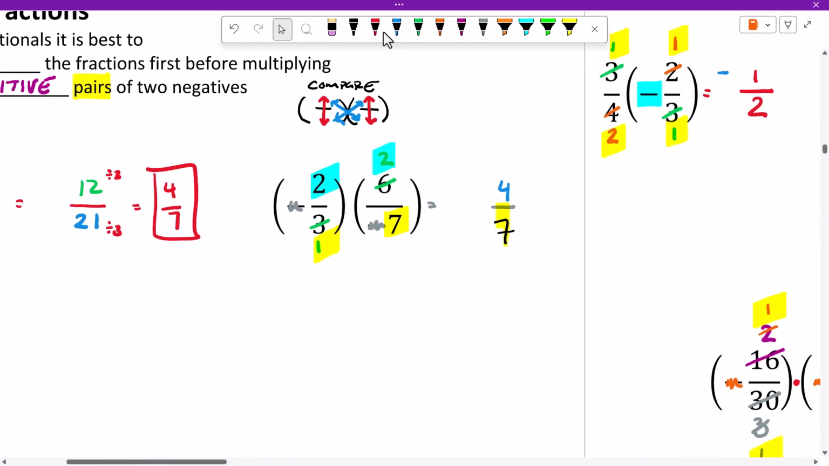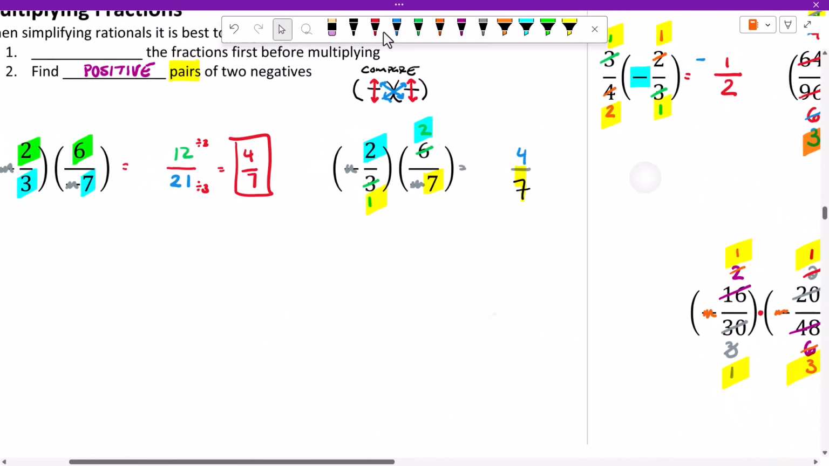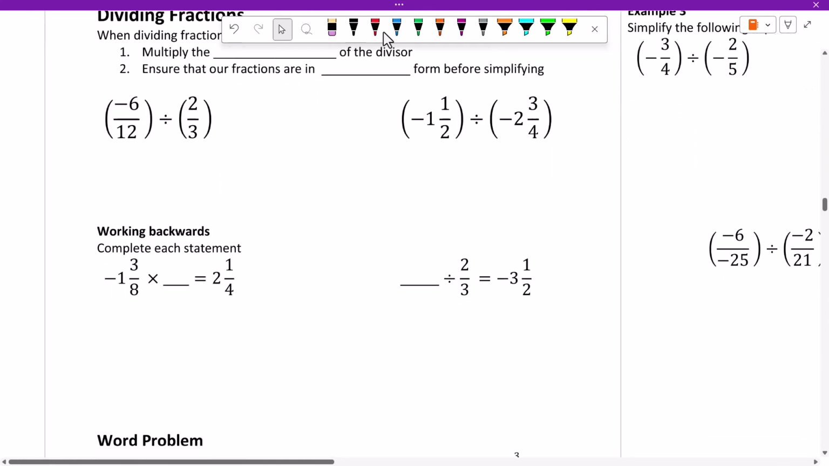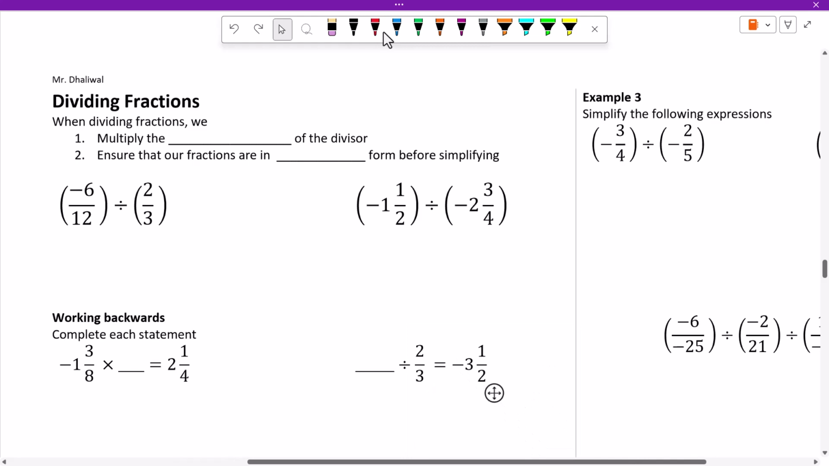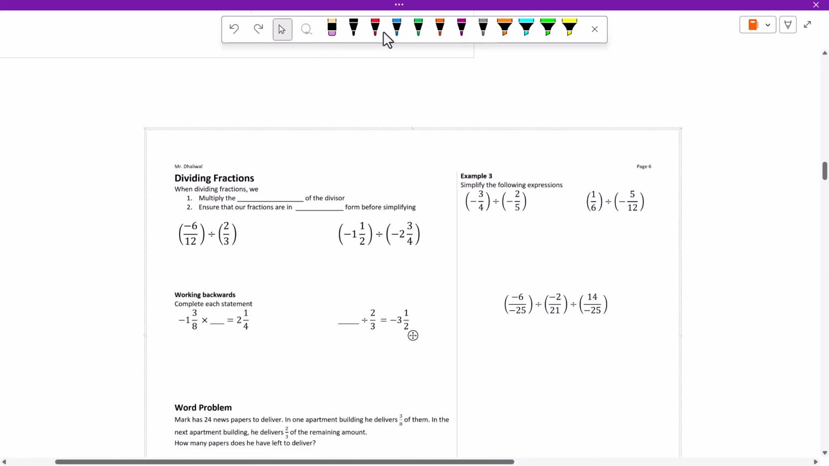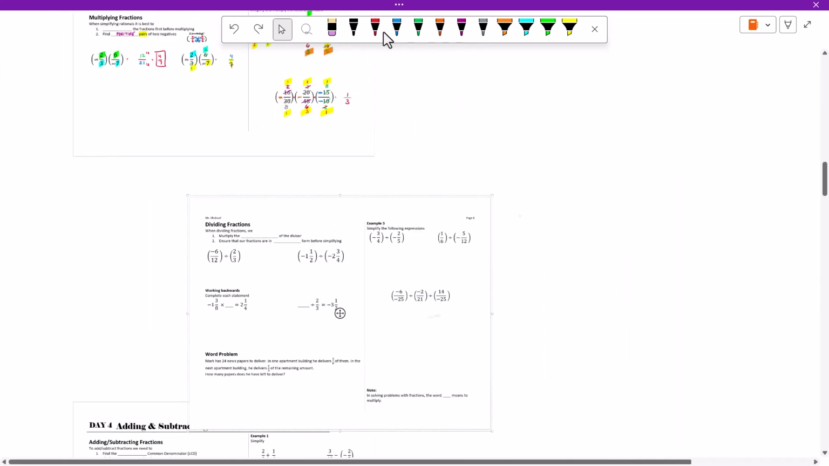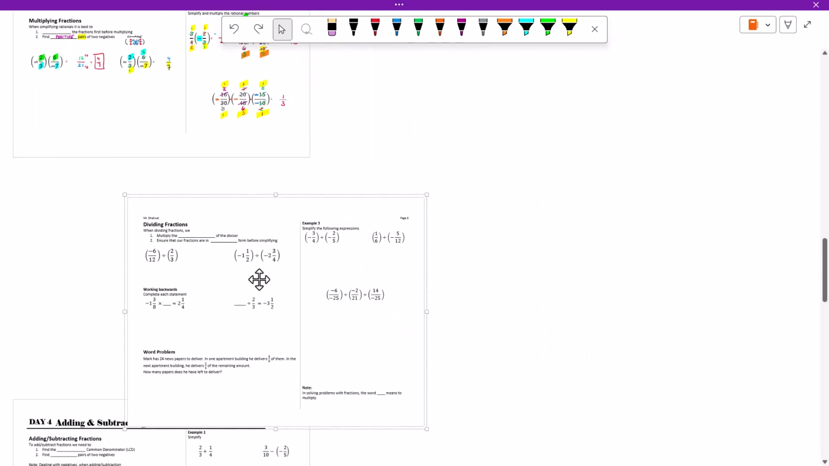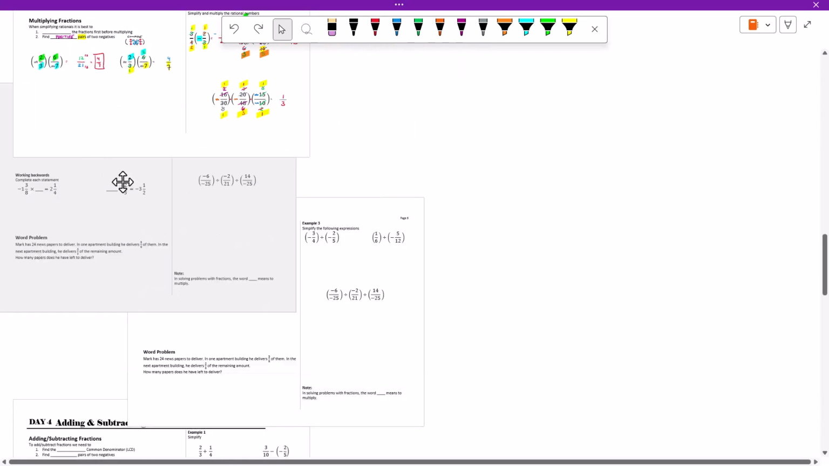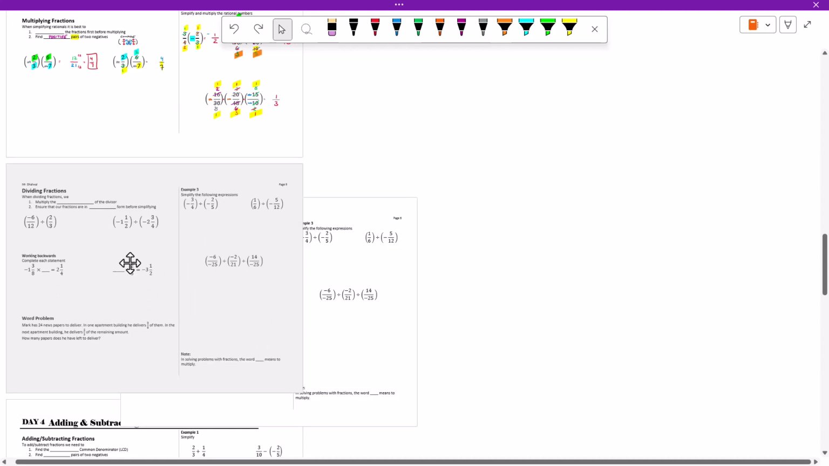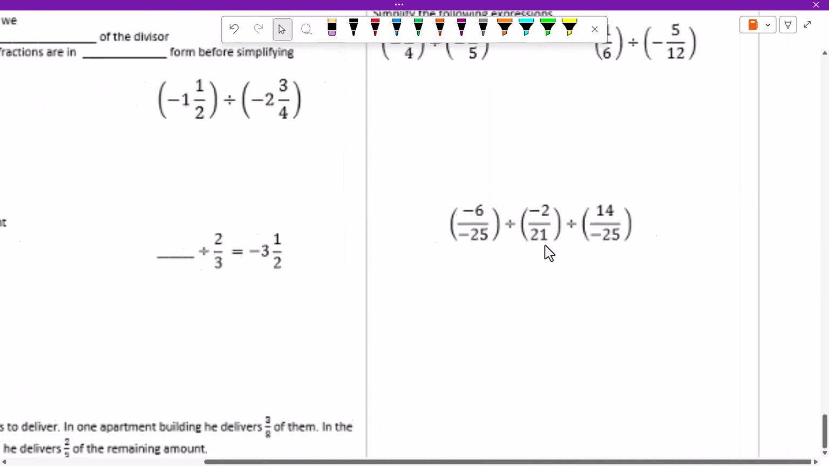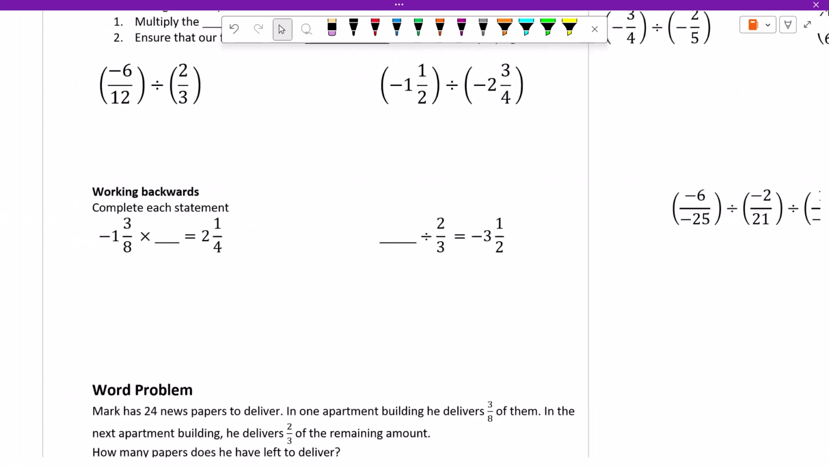Okay. So that's multiplying. On to dividing, which is just like multiplying. Oops, that jumped. Make that smaller. Oh, that's jumping around. I don't like that. Let's go over there. There we go. All right. All right. So,